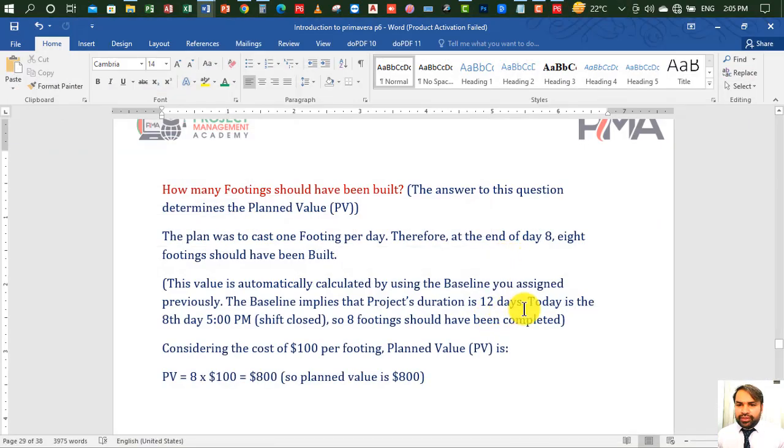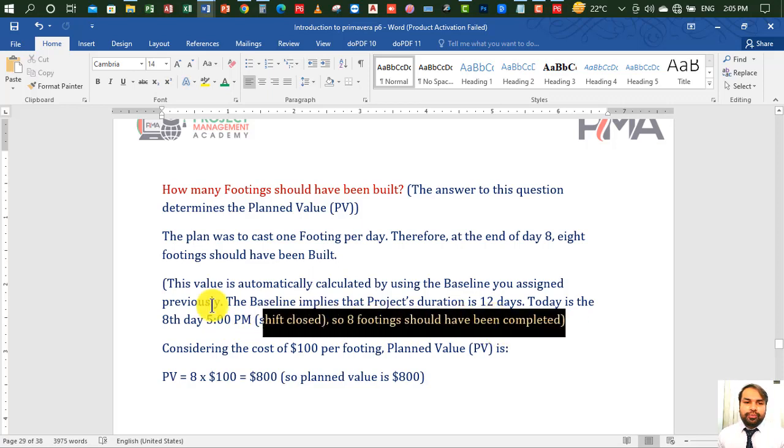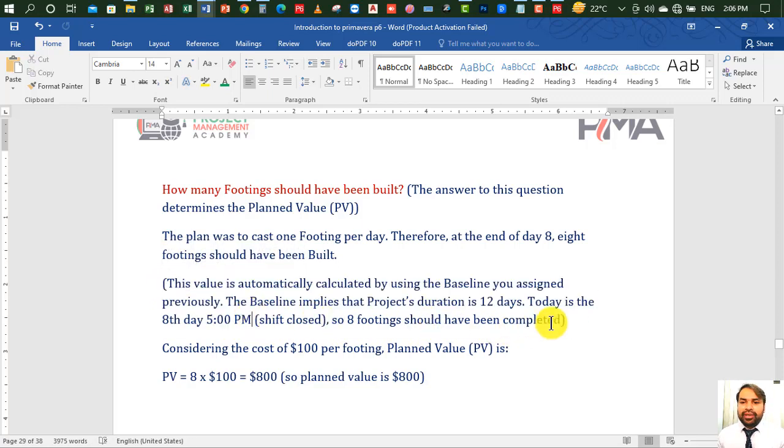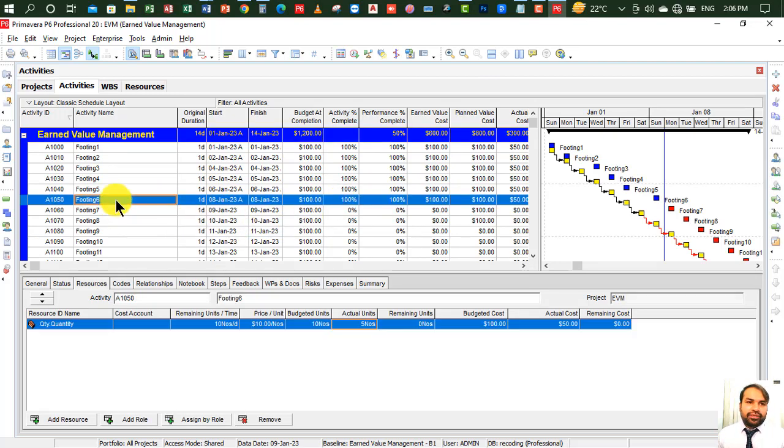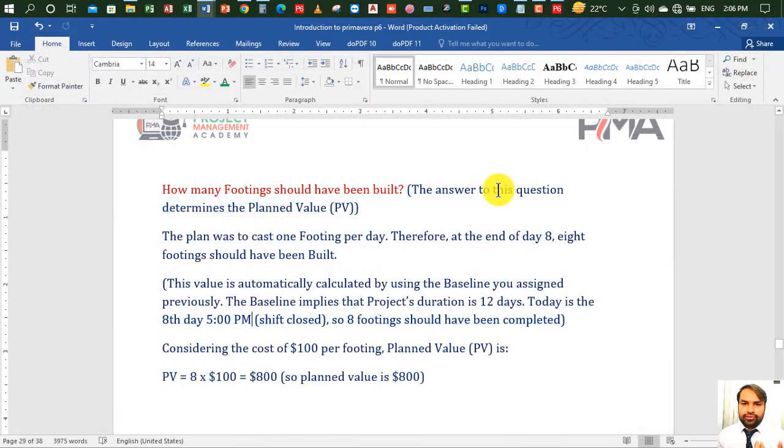Today is the 8th day, 5 p.m., shift closed, so 8 footings should have been completed according to the plan. But we have completed only 6 footings after 8 days. We are behind by 2 footings, which we could not complete on site. So considering the cost of